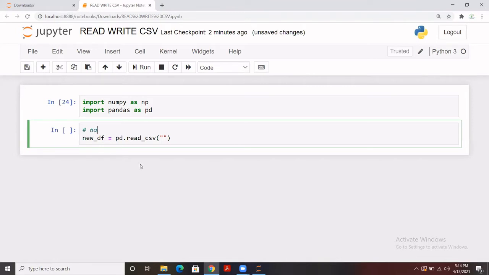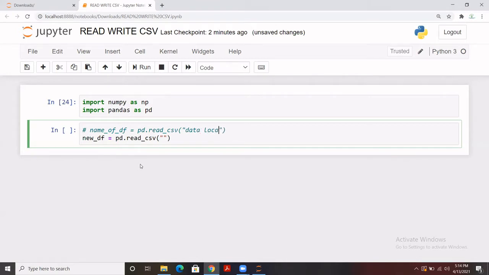Let me write here what the syntax would be. The name of the data frame, and then you have to write pd.read_csv, parentheses, either single or double quotes. You have to give the location of your data, the data location or path.